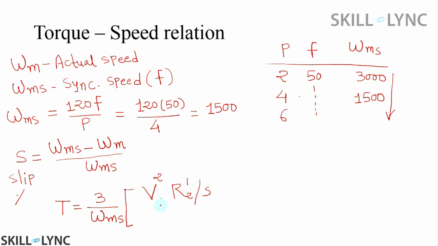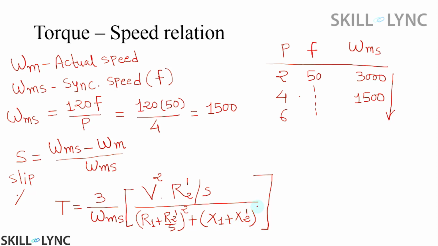by S. So this is the numerator of the torque speed equation, and the denominator is actually based on only parameters. So these resistance parameters are kept together as a square. So R1 plus R2 dash by S, whole square, plus X1 plus X2 dash, whole square, right? So this is the torque in Newton meter,